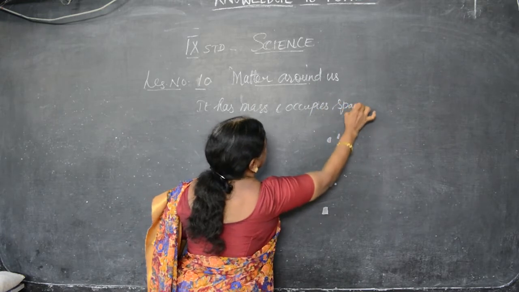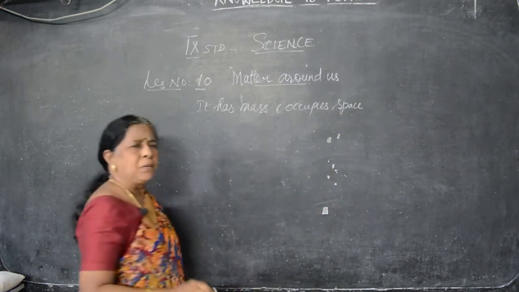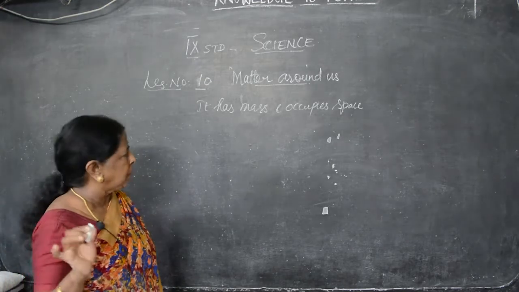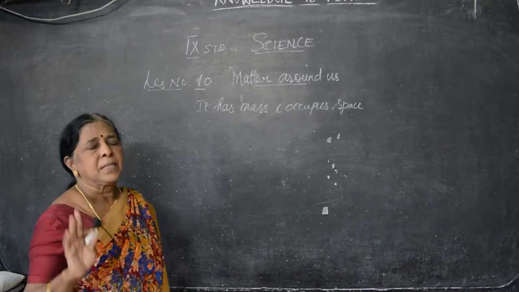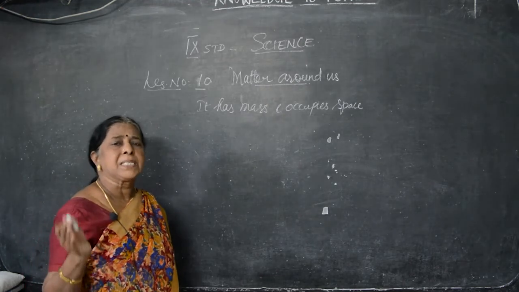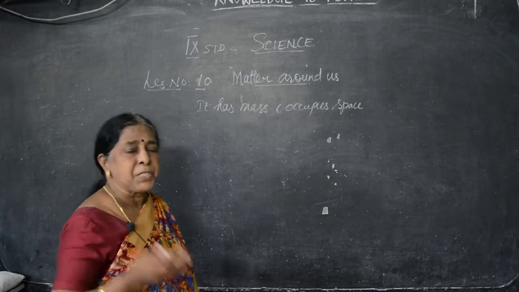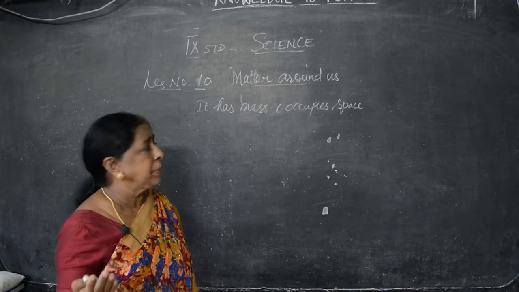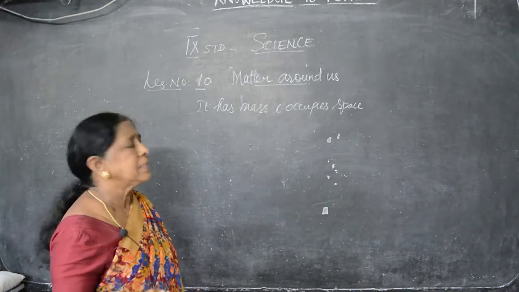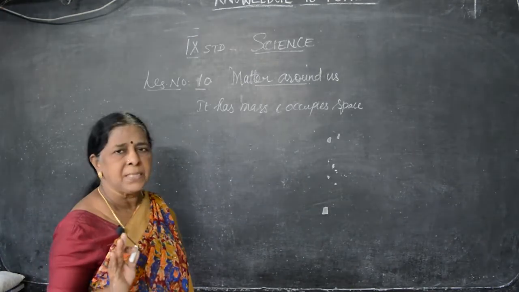So what are the things that come under matter? All the things we see, that is pencil, pen, table, chair, whatever it may be, around us, they are known as matter. Some things we can feel, but we cannot say sunlight and pressure are matter, because they are not occupying the space. So matter means it has mass and occupies the space.